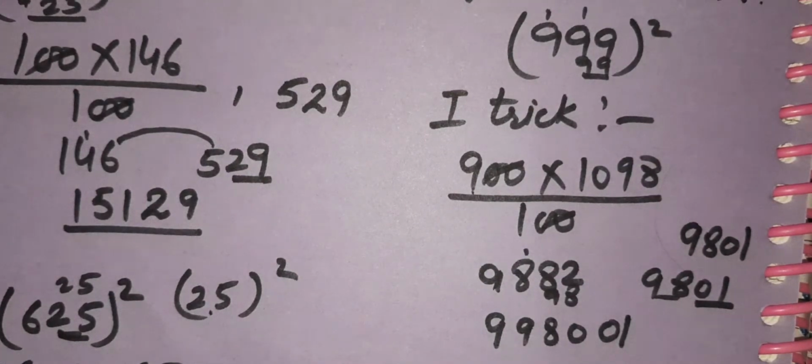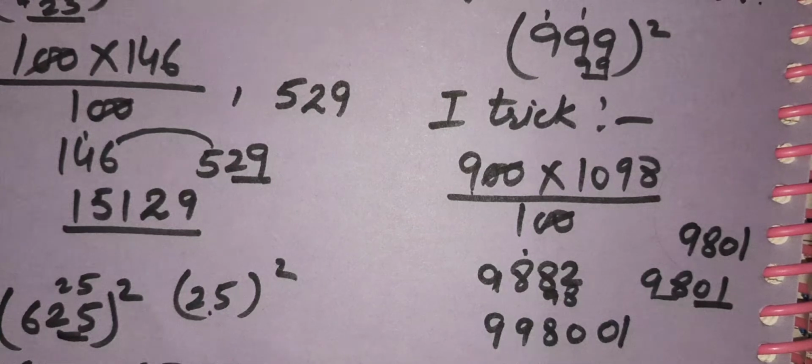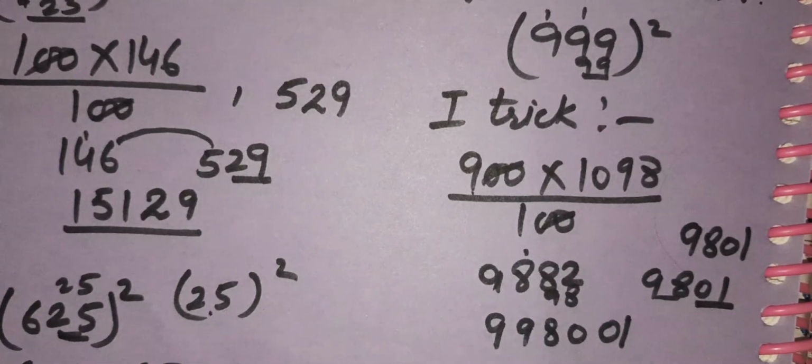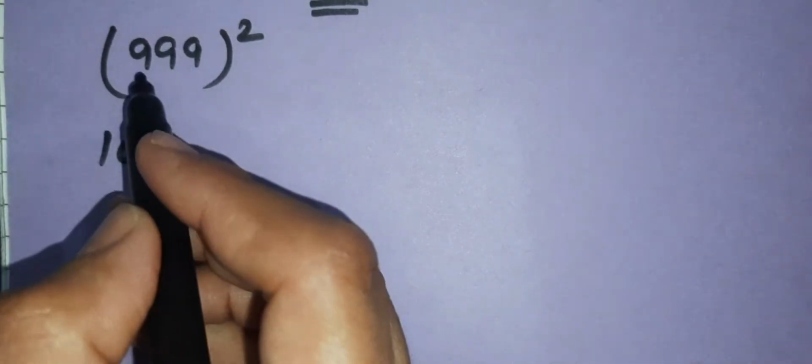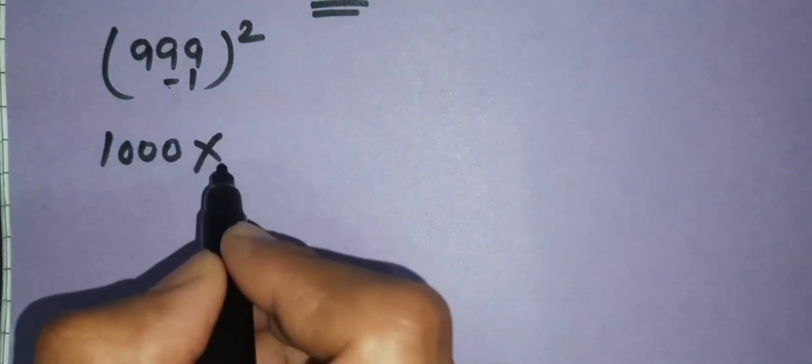So in the same way, we get the square of 999, that is 998001. So we have got the square of 999 by the first trick. Now it's time for the second trick. I told you that we will use the zero-digit numbers nearer to the given number for which we are going to calculate the square. So we can say that 999 is nearer to 1000 as compared to 900. So I just write here 1000. You can see that 999 is just one less than 1000. So we'll write here -1. And write here the difference.